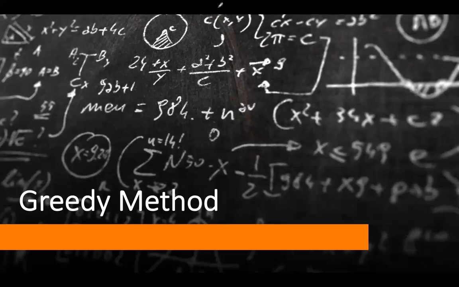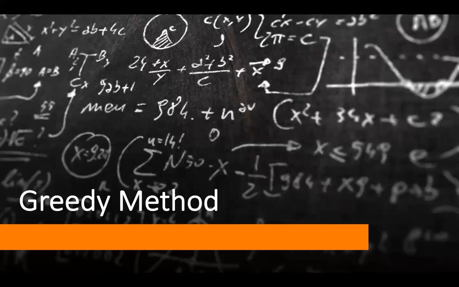Shortest path I want to find out, or minimal loss I want to find out, or minimal time taken I want to find out. For the given input, how can you improve either minimally or maximally. That is optimization. We have a solution; how to improve that solution in either way, either in a positive way or negative. To deal with those kinds of problems, we make use of the greedy method.